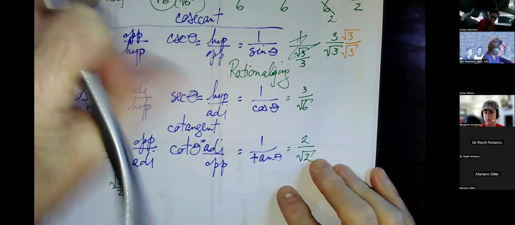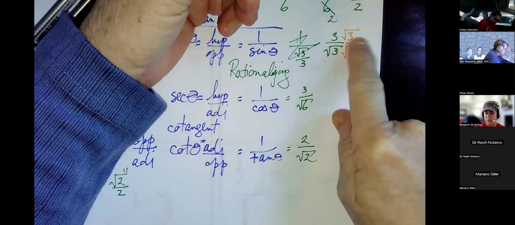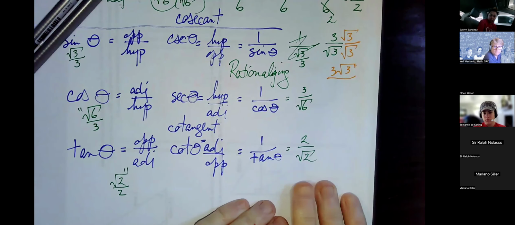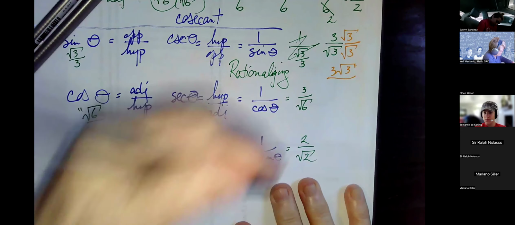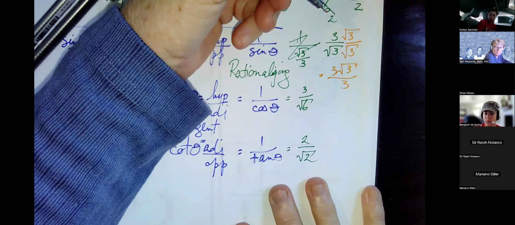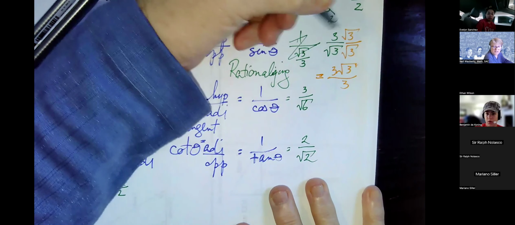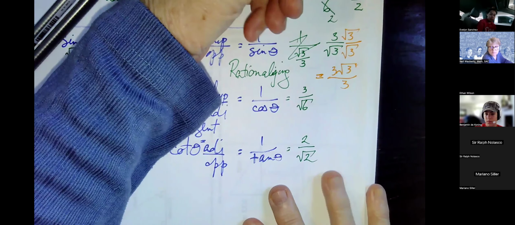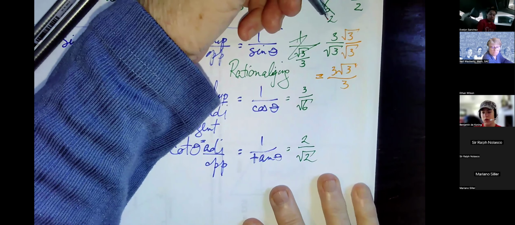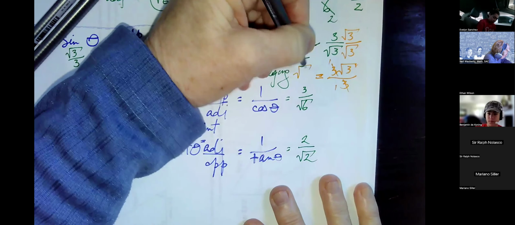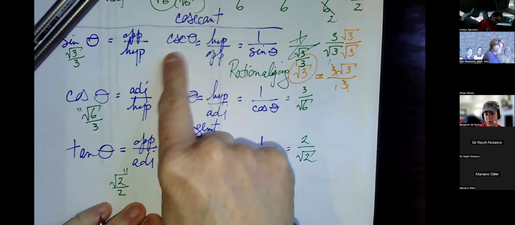So this is nice. So let's see, in the numerator, we've got 3 square root of 3. What do we have in the denominator? Just 3. And square root of 3 over 3. Say it again. I'm sorry, I was talking about the math. 3 goes into 3 once on both sides. Yes. So we're left with square root of 3 for the cosecant,